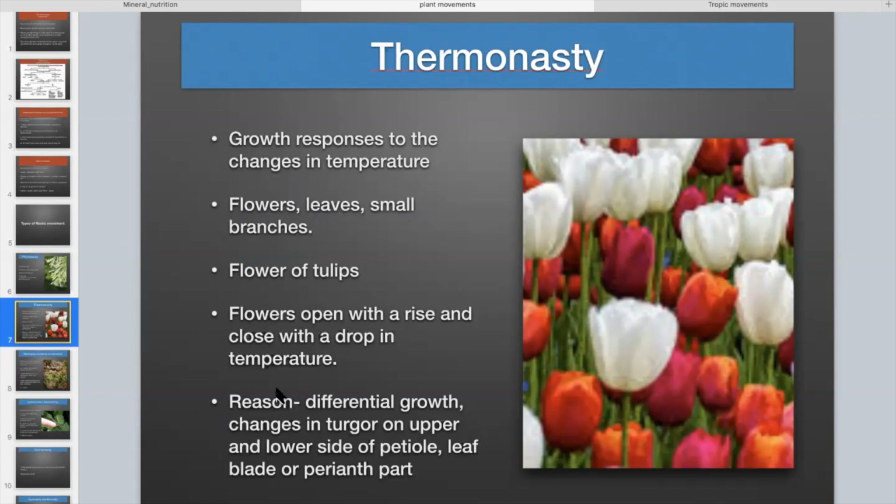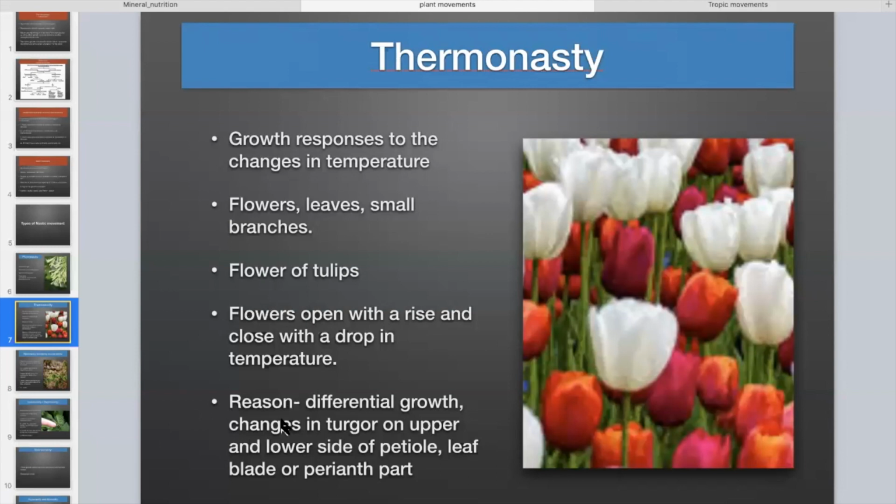What happens? The growth changes. There is change in the turgidity. In the previous chapter, we have learned what is meant by turgidity, what is meant by flaccidity, isn't it? We have seen in the stomatal opening and closing why the guard cells become turgid, why the guard cells become flaccid, etc. So when they are showing changes in the turgidity, movements also happen.